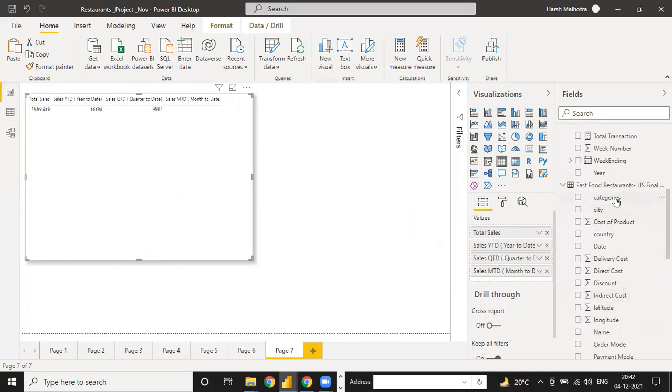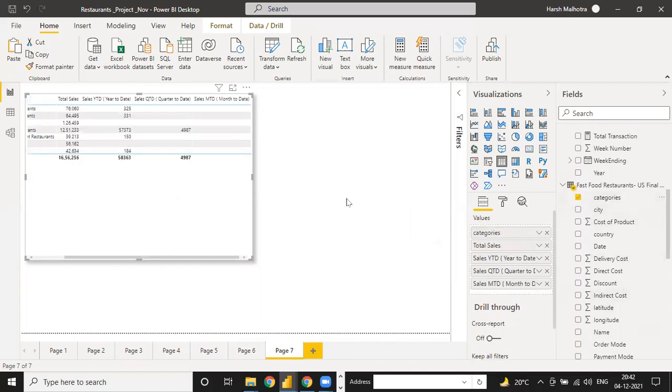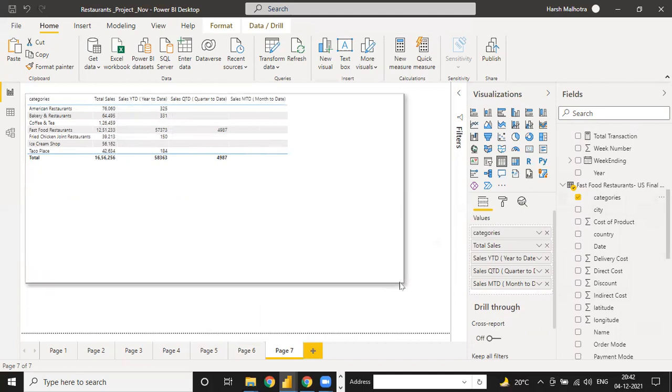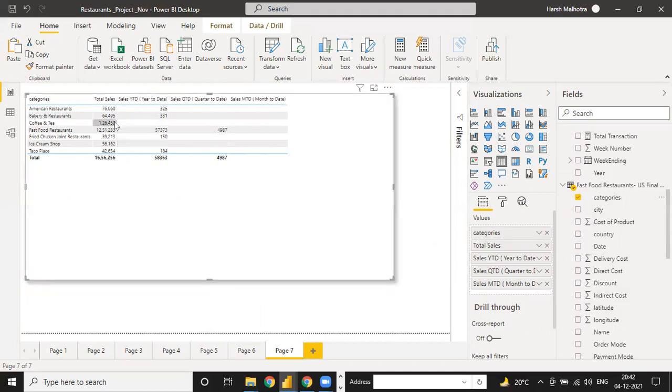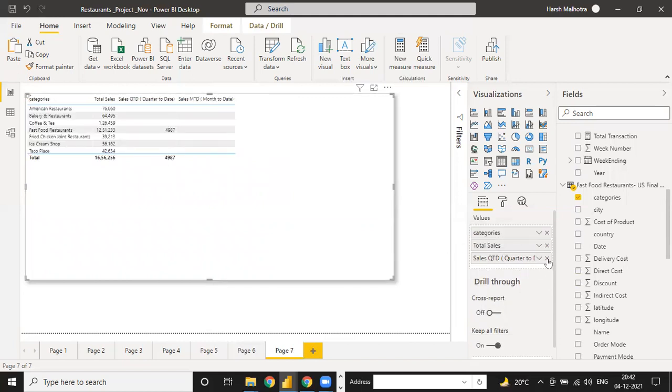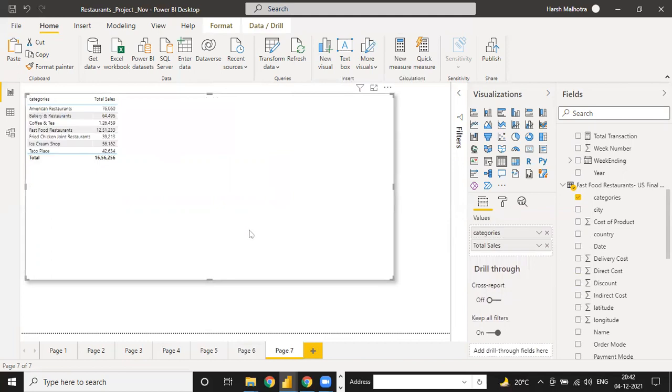We use, suppose, category. See, you have category-wise data. The total sales you have, total sales YTD, QTD. Like this way, you have total sales. And this function, instead of total YTD, should be used for date only. So total sales we have.